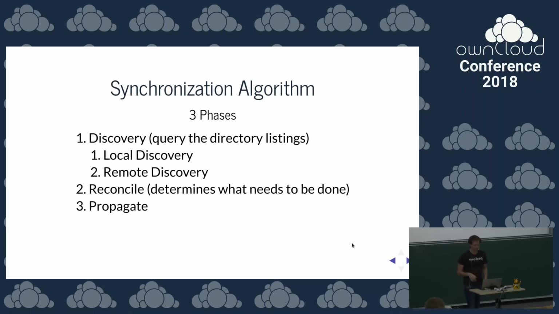hierarchy of files. Once we've done that, we can do the reconcile, so we can find out what to do, comparing all those trees and seeing where new files have changed or anything. Then we can do it in the third phase. So this means, in particular, that first we have to query the server for changes, and then we do the changes. This will be important for the next features.